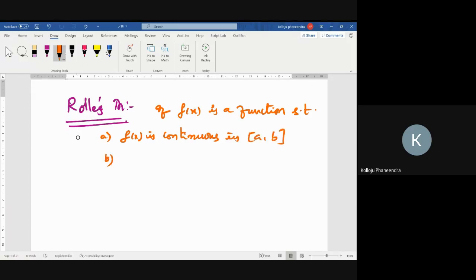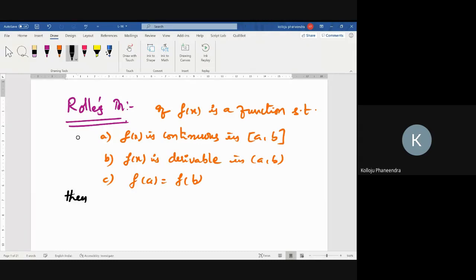Second condition, f of x is derivable in the open interval a comma b. And third condition, f of a equal to f of b,